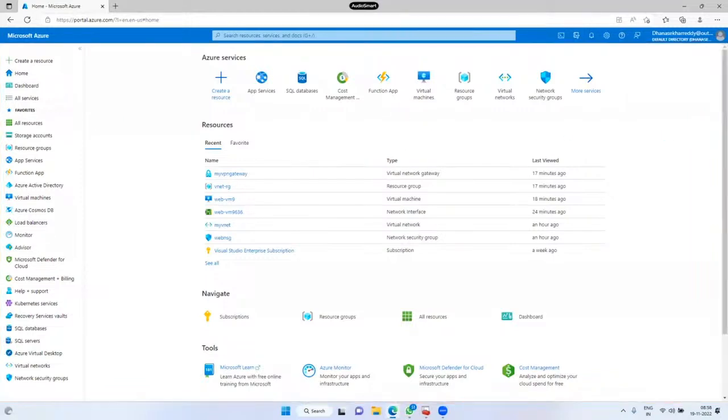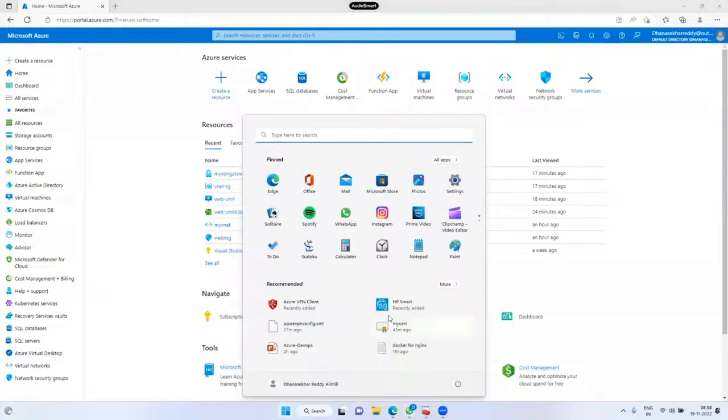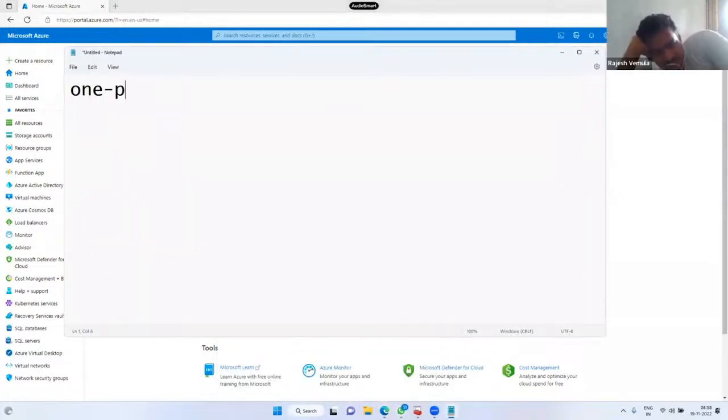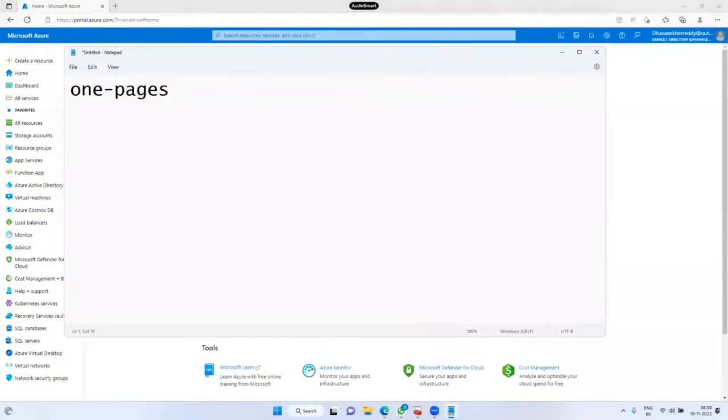When you join an organization, your manager will ask for a one-page profile. Even though you have 20 years of experience in the IT industry, all your details should be filled in one page itself: your education details, experience, skill set, and previously worked projects, that's it.